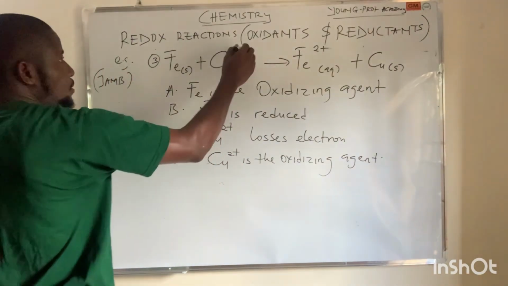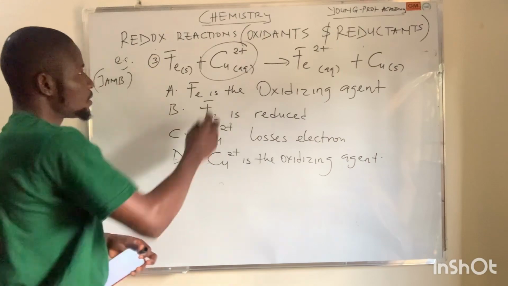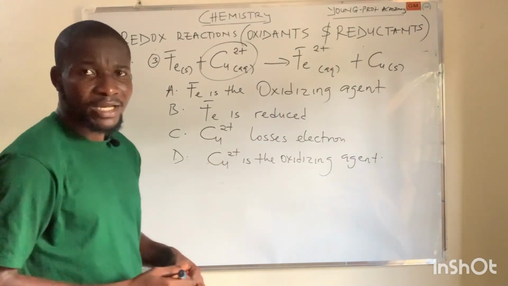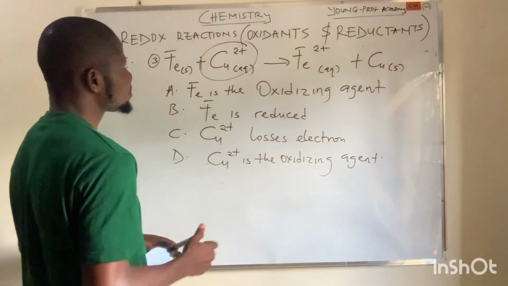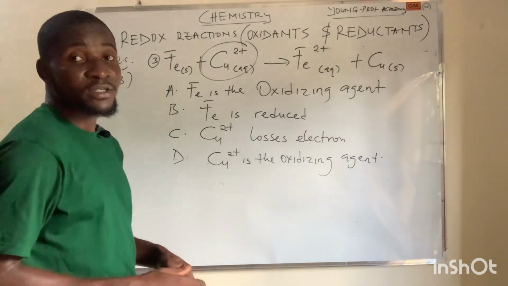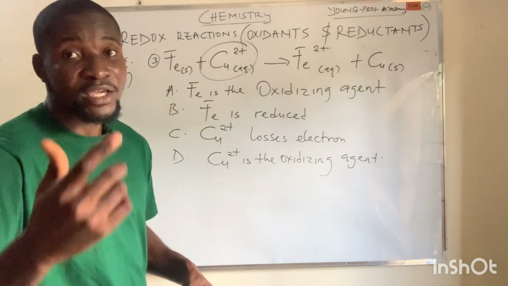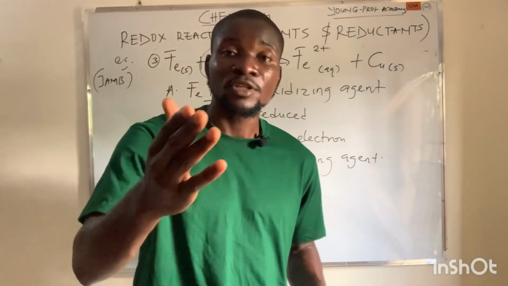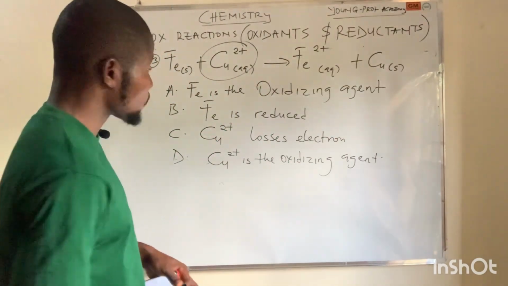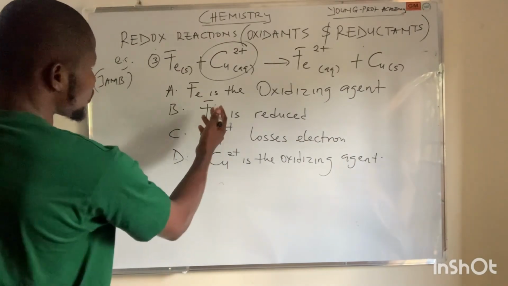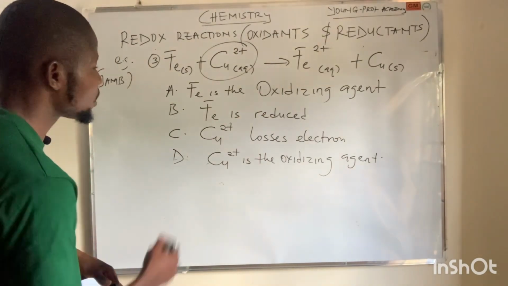Now, look at this copper. Copper 2 to copper in its neutral state, +2 to 0. That is a decrease in oxidation number. And in this case, it is undergoing reduction, meaning that it is an oxidizing agent because it is undergoing reduction. So that means it can gain electron. So in this case, if you look at the options, iron is the oxidizing agent, iron is reduced, iron 2 plus loses electron, copper 2 plus